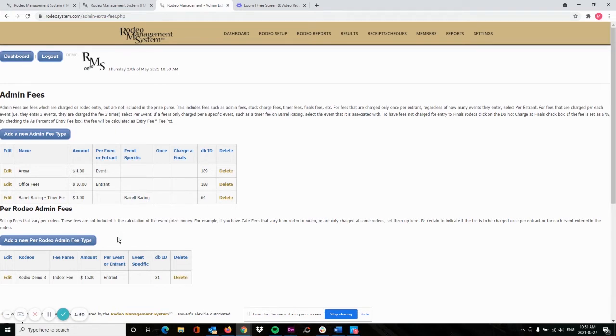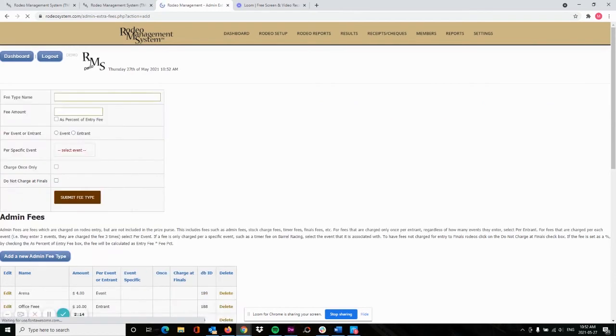It's also possible to set these up per specific rodeo with the same type of per event, per entrant, or event-specific settings. And we'll cover that in a few minutes. So as you can see in the demo here, we have one of each type, the per event, per entrant, and the event-specific fee. We are going to add a new fee, and to do that we click on the